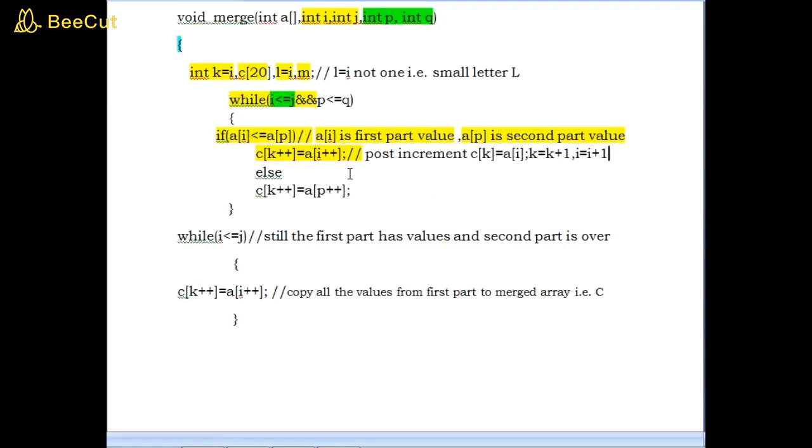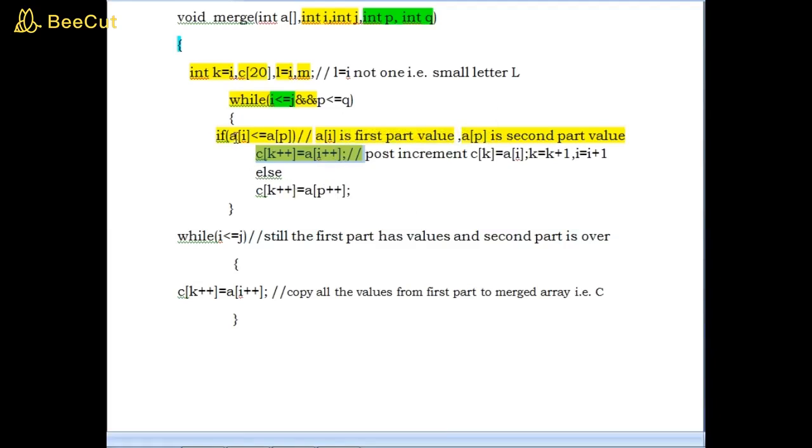That is what actually happens. So instead of writing two or three statements, c of k equal to a of i semicolon, k equal to k plus 1 comma i equal to i plus 1, I have written the logic in only one line, that is c of k plus plus equal to a of i plus plus.